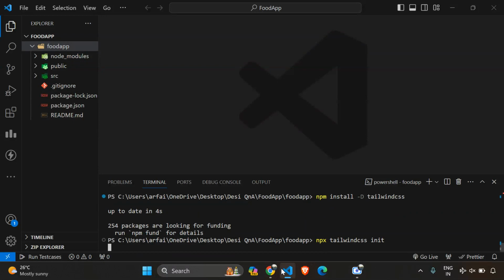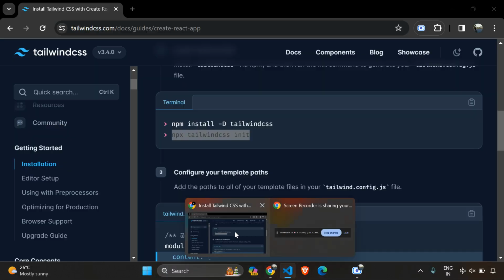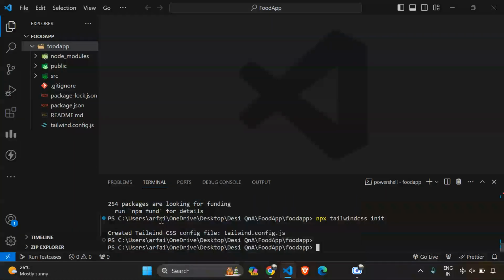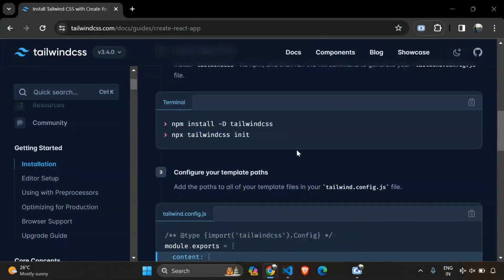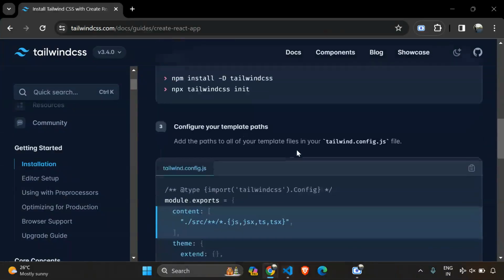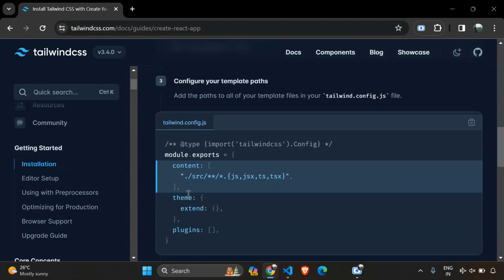Why I'm showing this using the documentation is because you should know how to refer to the documentation. If any updates happen in the future, and updates definitely happen very frequently, you should know how you can make changes in your app. After this, add the paths to all of your template files in the